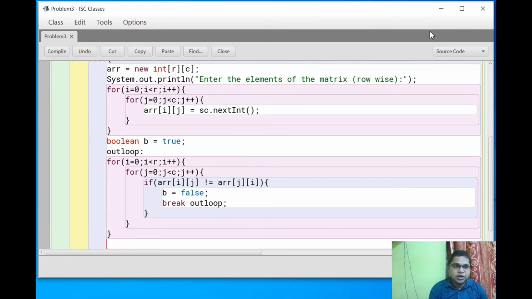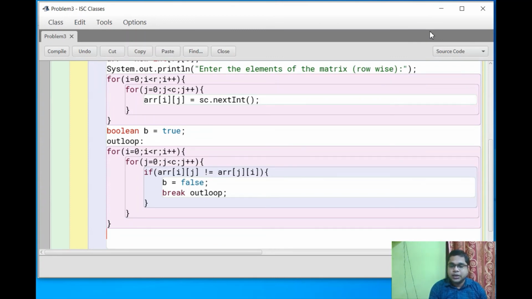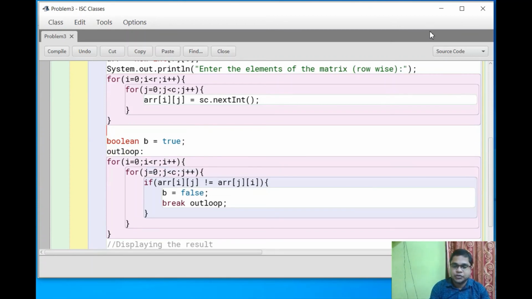Now here I am going to check the value and print the statement, displaying the result, checking whether it is symmetric or not.